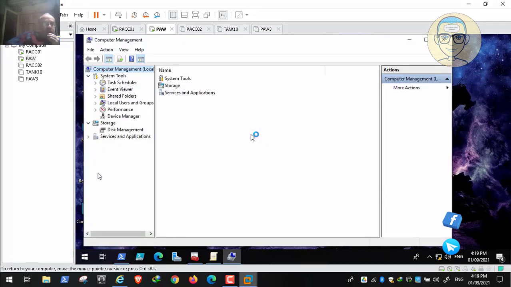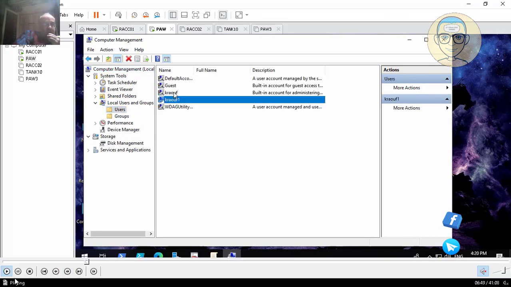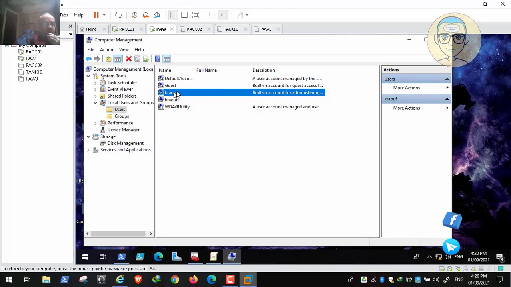And I will show you the domain local administrators. So here we can see that I have two accounts. I have discussed this before. This is the administrator account, and it was renamed through a group policy to care of, and this is another account acting as an administrator. It is care of one. So I have two local administrators. One was named administrator and it was changed to care of by a group policy, and the other one is care of one. It was already created when I installed Windows, and it is acting as an administrator on the machine. So these are the two